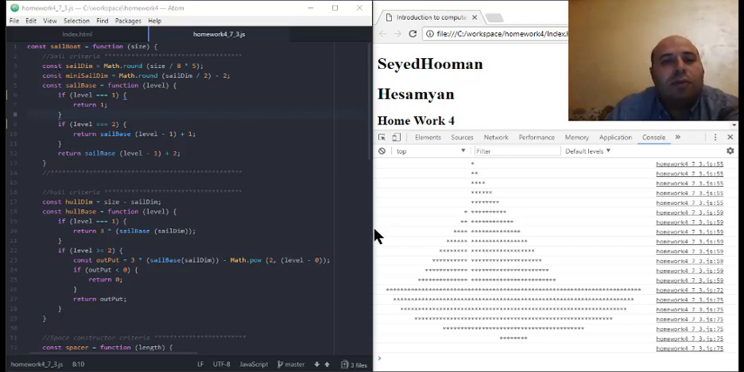Hello, in this video I'm going to explain the extra exercise, which is the definition of the sailboat function. By giving the size of the function, its result or its return is the drawing shape of a sailboat. So as you can see to the left side,